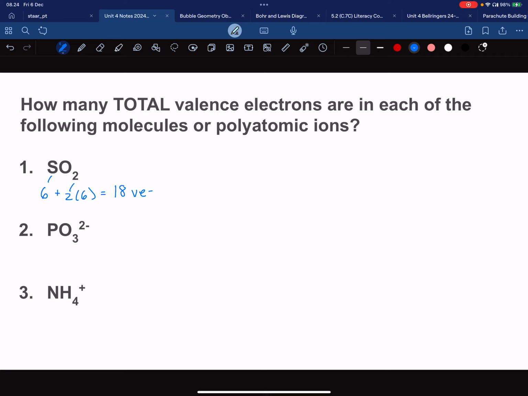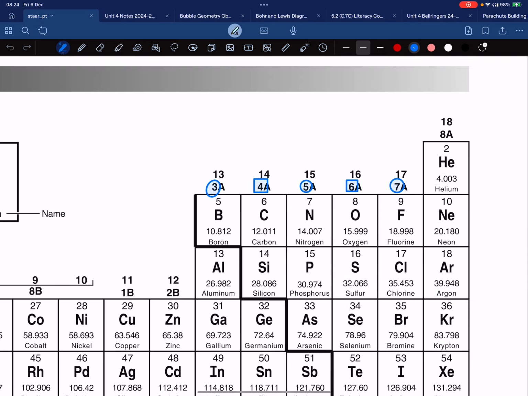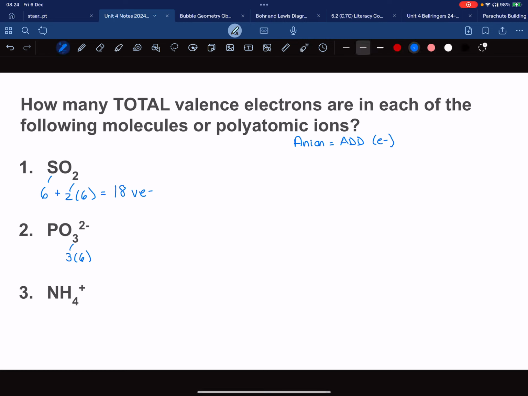Now, if you have a negative charge, an anion, remember you're going to add because electrons are negative, so you're adding electrical charge. So I have phosphorus and oxygen. Now I've already established that I have 3 oxygens, each of which has 6. So that's done. So phosphorus is right there. That has 5 valence electrons. Now, that is a negative charge. That means I'm going to add electrons because electrons are negatively charged, so I'm going to add